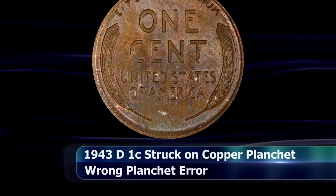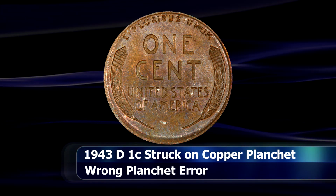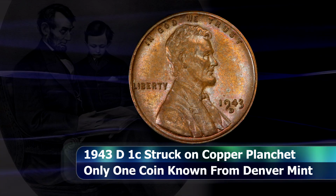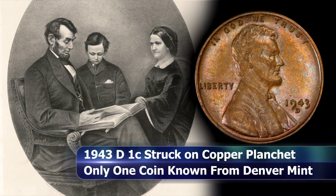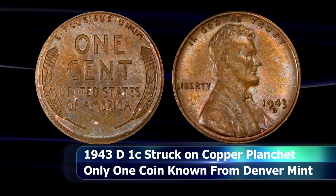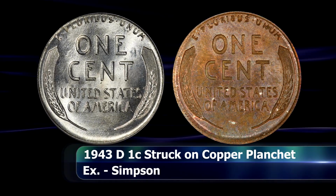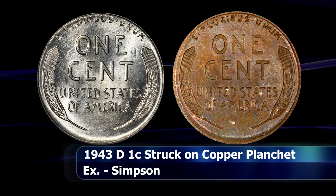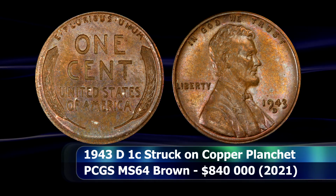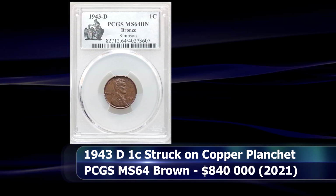$421,875. Even though technically the next coin is an error coin, it has also so firmly entrenched itself into the lexicon of American coin collecting that, A, assuming that you can find one, and B, you can actually afford one, it could be considered as a part of a complete Lincoln penny series. This is the 1943 copper penny. Technically a wrong planchet error, as this was struck on the copper, or again, technically bronze, planchets left over from the previous year, and not the intended zinc-coated steel coins from 1943. This coin is the only known example from the Denver Mint, graded as MS64 Brown, and at public auction in 2021, it was sold for